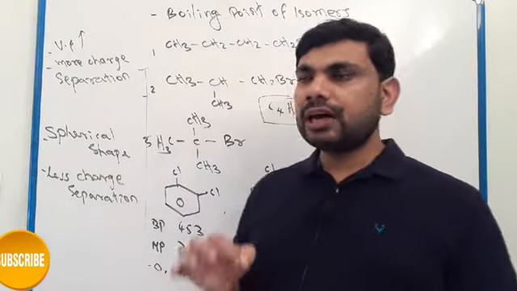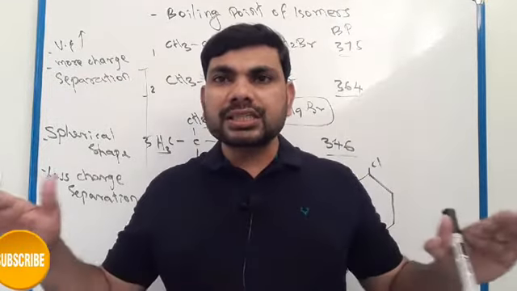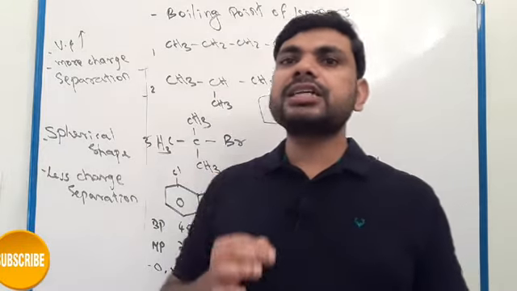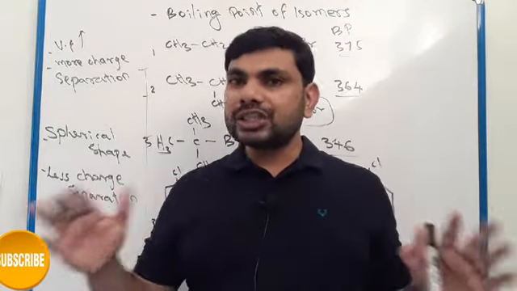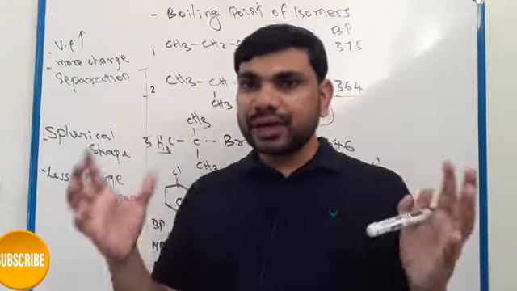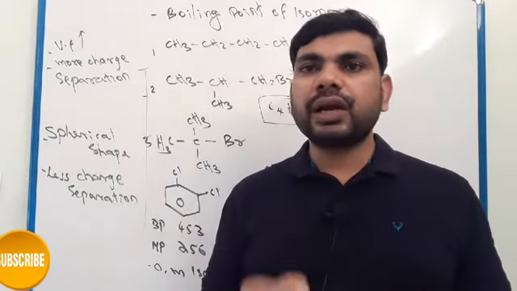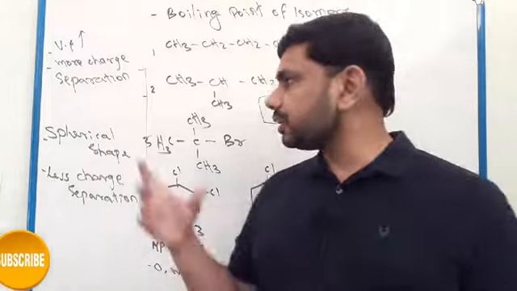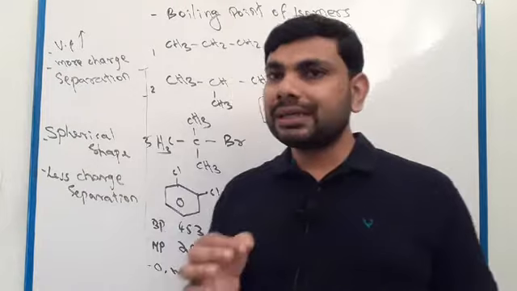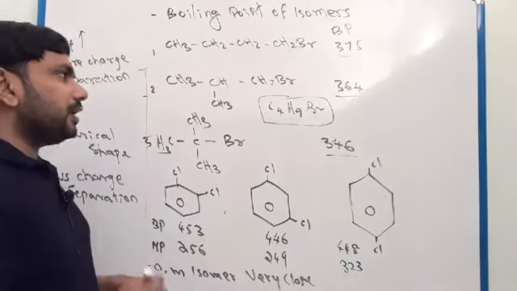Here you have to understand: a long structure means more charge separation is possible, more van der Waals force of attraction, and higher energy needed to break this bond. So long chain compounds have high melting and boiling points. Branched molecules have a spherical shape, so less charge separation is possible and less energy is needed to break the bond. That's why when branching increases, melting and boiling point decrease. Clear? So based on the structure we explained this.